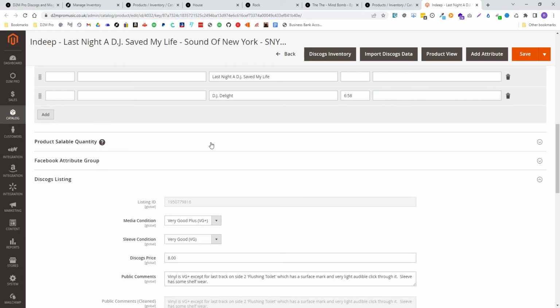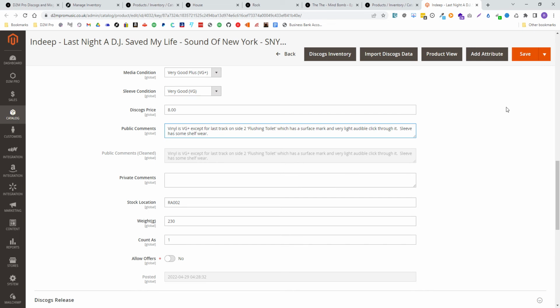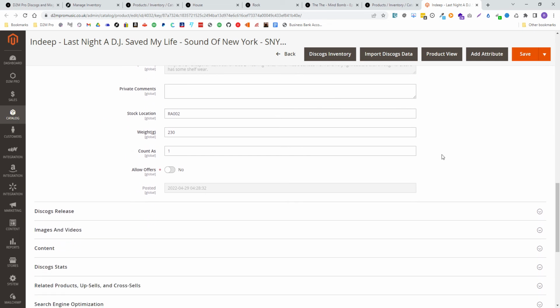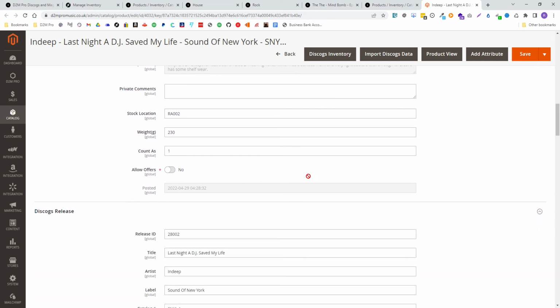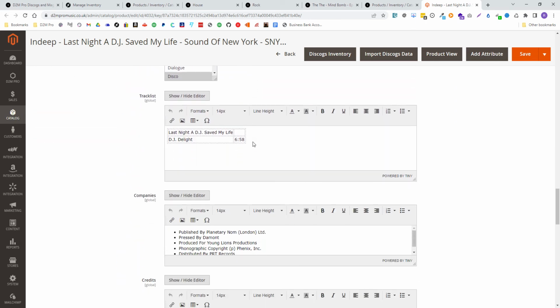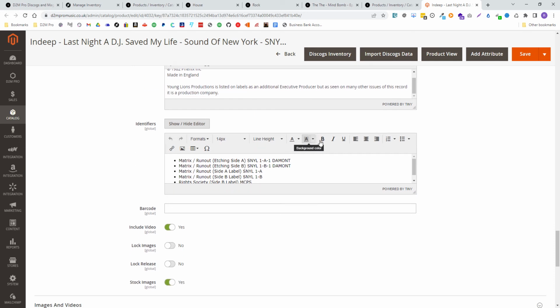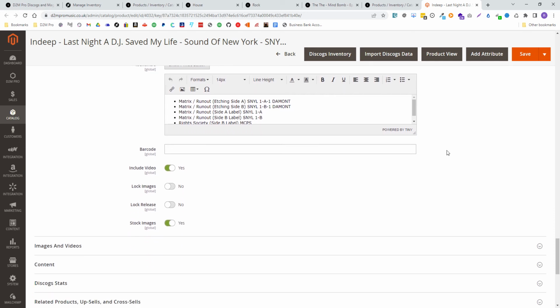We have the Discogs listing information itself. You can change media condition, sleeve condition, price, comments. That can be edited here and saved, and it will save up at Discogs. Discogs release information itself. Again, it's very rarely that you would want to change that, but if you need to, it can be changed so that it displays differently on the website,